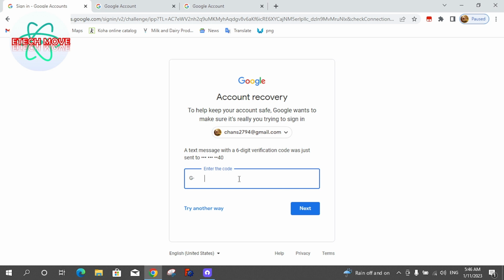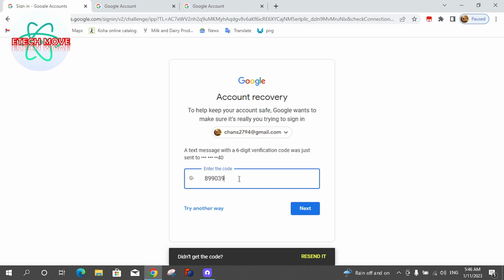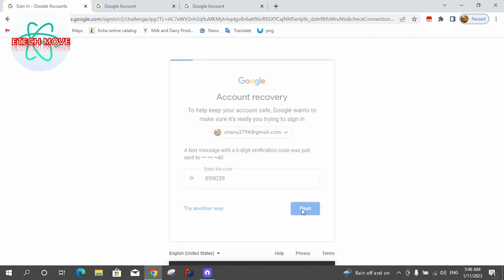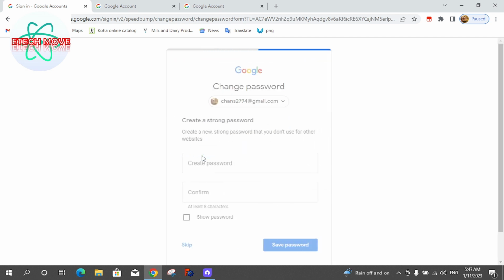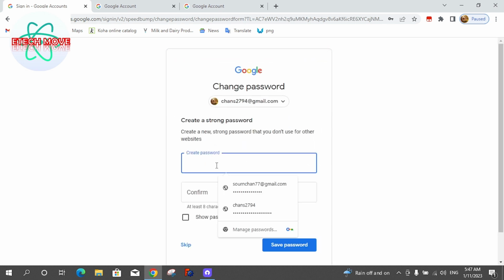and it will send you a code. You wait for a few minutes, a few seconds, and then it sends you a code. You insert the code and then go to update password. This one you can insert